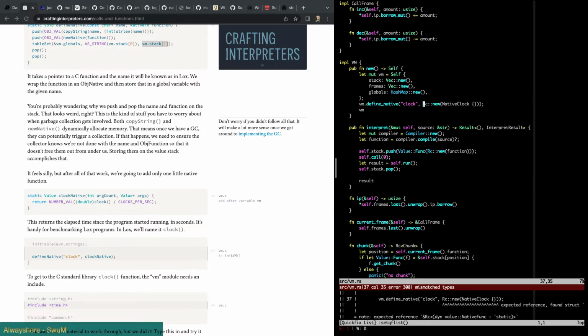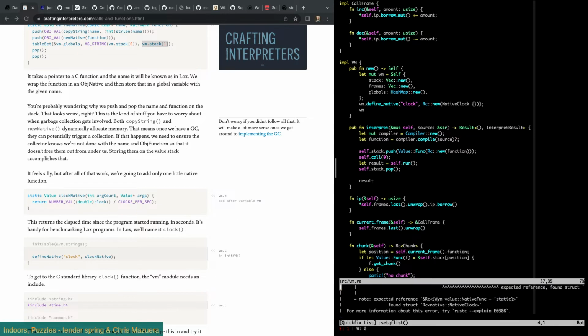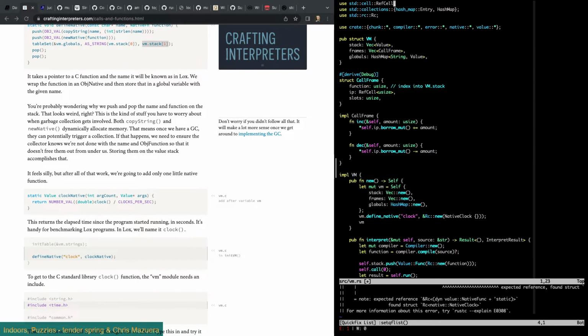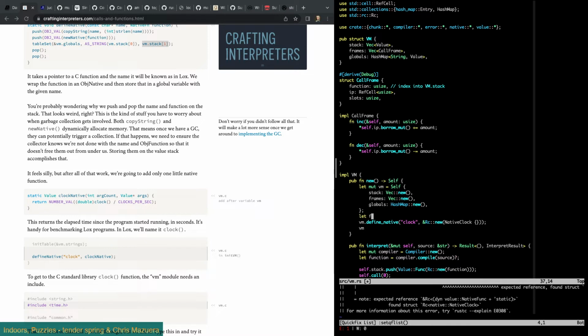Yeah, it's that we know needs to be borrowed. Why isn't this working? If we implement NativeFunc for NativeClock, this should work. Let me see. Let me try this. Let f equals value colon NativeClock.